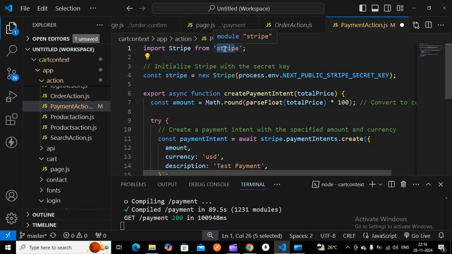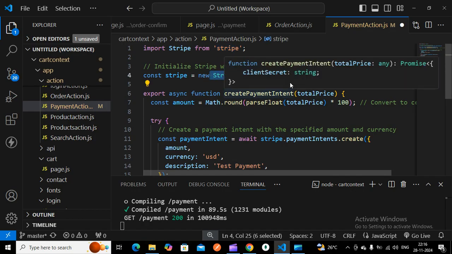For the front end I will tell you. For the back end, you have to install this particular dependency, and also you have to get this particular secret key to communicate with the particular Stripe API. So for that purpose, we have to get this particular secret key. Here you have to use this particular Stripe method.